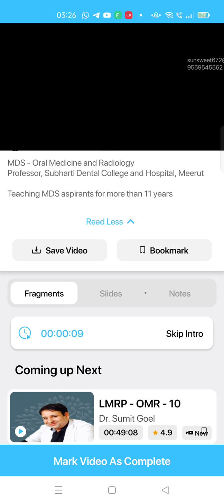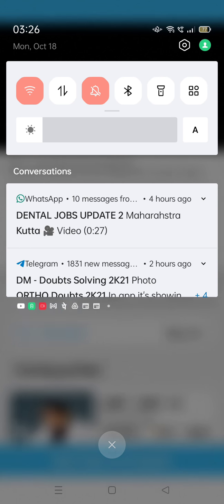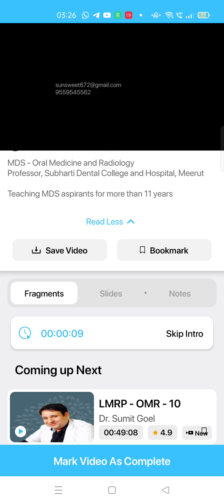Then if someone asks you for an example, chronic atrophic candidiasis is denture stomatitis, whereas the example of acute atrophic candidiasis, as written on the slide, is antibiotic stomatitis or antibiotic sore mouth.